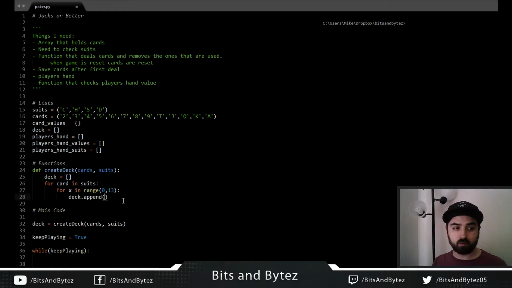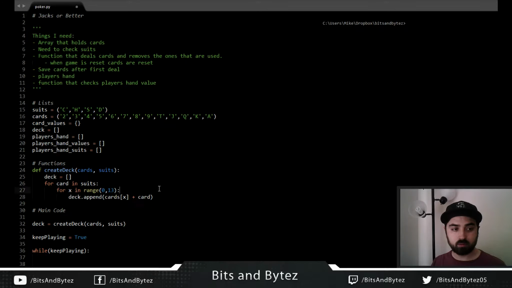And then we're gonna add cards, it's pulling in this cards list right here, and we give it spot x. So it's gonna iterate through 0 to 13, and we're gonna say plus